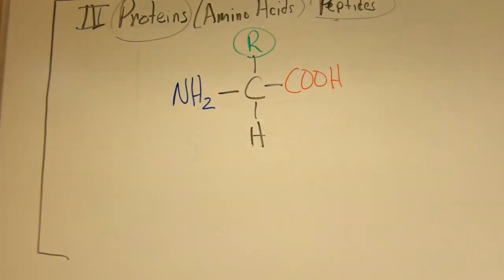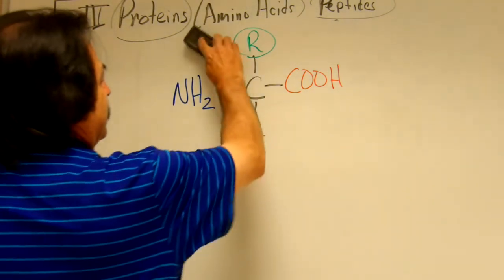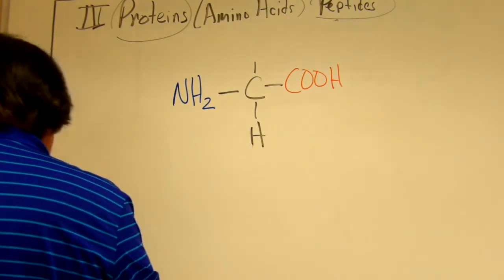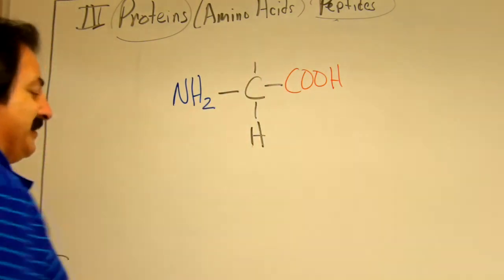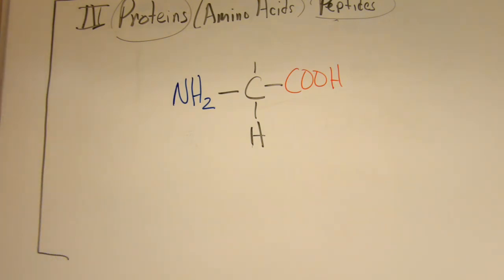The R is what gives an amino acid its name. How many different R groups do you think there are? You'd be right if you said 20. There are 20 different things that we can put here. In algebra, you might just call that X. For our purposes, there are only 2